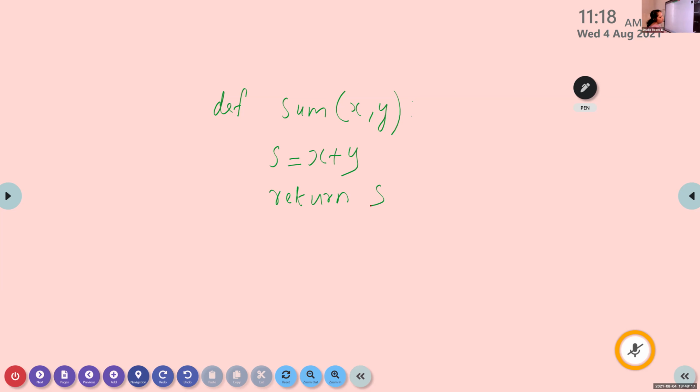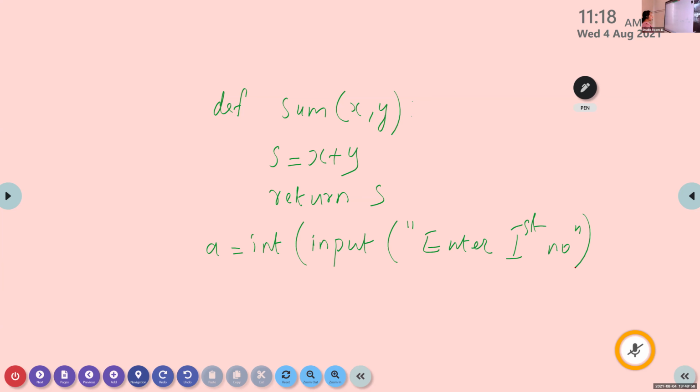Then Krishna, what is the next statement? a is equal to int(input()), enter first number.